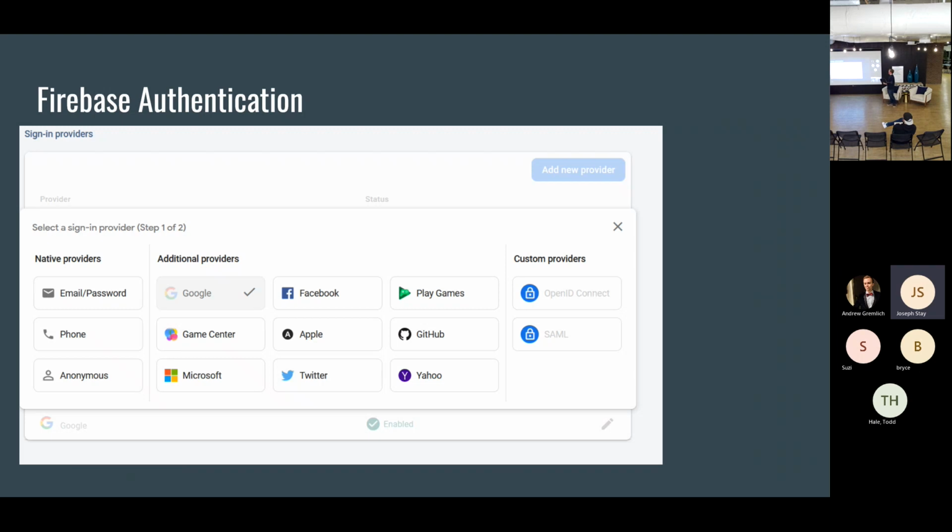This is something that I'll definitely use in personal projects all the time. I don't necessarily suggest it for professional projects, but just because of how easy it is and how it's free for the most part. Once you start using it a lot, it doesn't stay free anymore. But it's great because you have automatic Google authentication where you can sign in through your Google account, Facebook account, all the ones that it shows up there, or it can natively do email, phone, anonymous, and you don't have to worry about setting up your own authentication or working with cookies. Firebase does that all on its own.